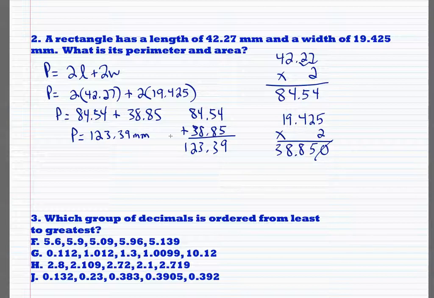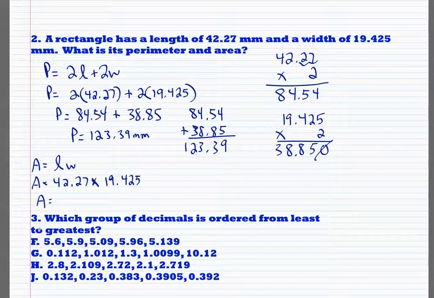So that's the perimeter. The area is going to be equal to length times width, or area is equal to 42.27 millimeters times 19 and 425 thousandths of a millimeter. So again, I don't want to take too much time with the multiplication aspect, which we're going to cover in class. For the most part, I would have been alright with you guys using a calculator for this. So if you go ahead and do this, you would have gotten